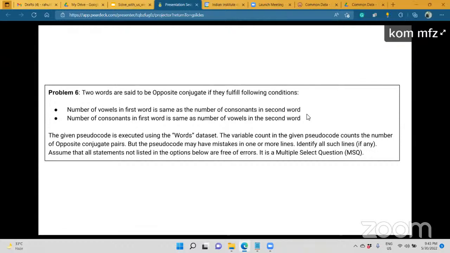So things which are not same. No, sir. I took an example of AABB as one word and BBA as another word, sir. The number of letters in each word should be equal, whereas the vowels and the consonants should not be equal. Like vowels should be equal to consonants of the second word, and consonants should be equal to the vowels of the second word, and the letter count should be same.